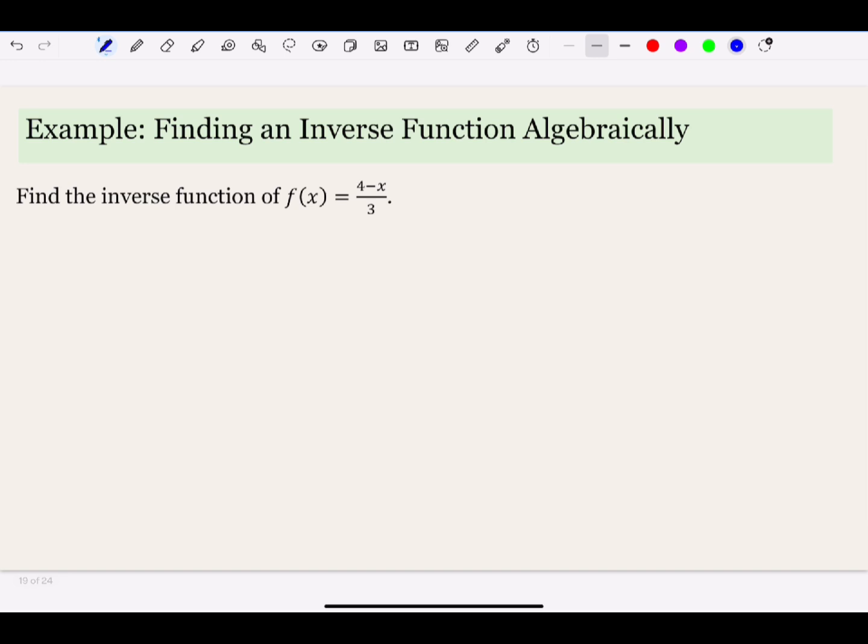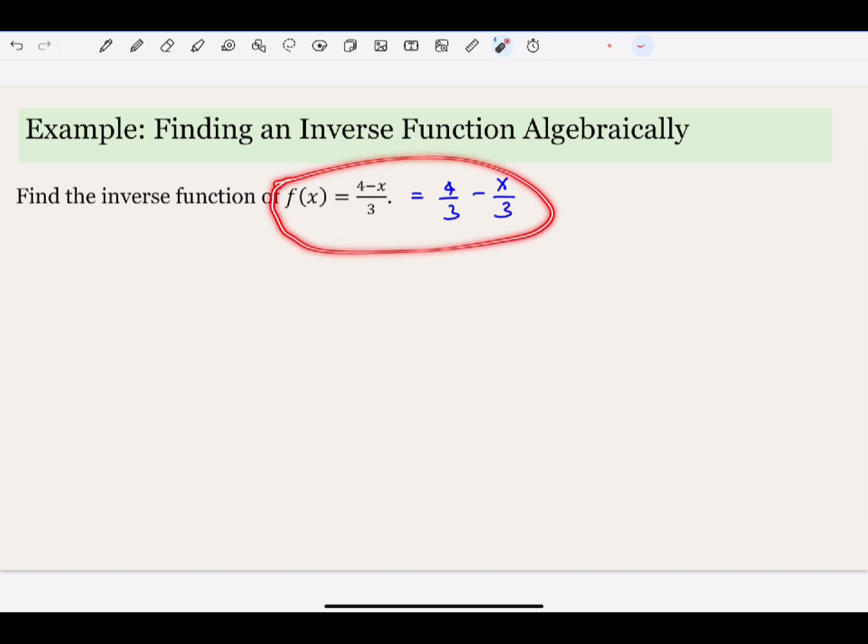Next, we have another example. Again, you are given a function and you have to find the inverse of this f of x. So you can rewrite this function as 4 over 3 minus x over 3. So if you check this out, again, this is a linear function with slope negative 1/3 and with the intercept 4 over 3, and since this is a straight line, this will also pass the